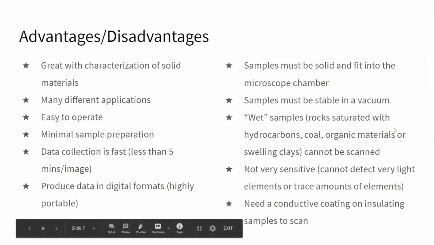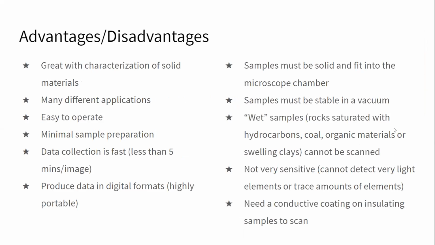And then here's some advantages and disadvantages. So it's really good for solid materials. It has many different applications. It's used in a lot of different fields, easy to operate. Like there's little to no sample preparation. That just depends on what type of SEM you're using, because if you're using a low vacuum or an environmental SEM, it'll take more sample prep because those are more difficult samples to scan. It's fast and it produces data in digital formats that are highly portable, but